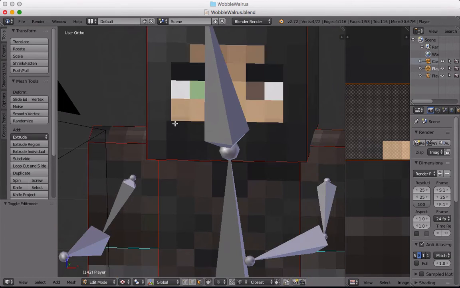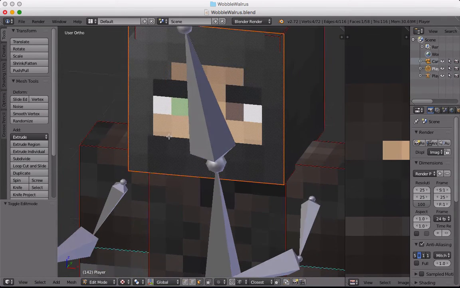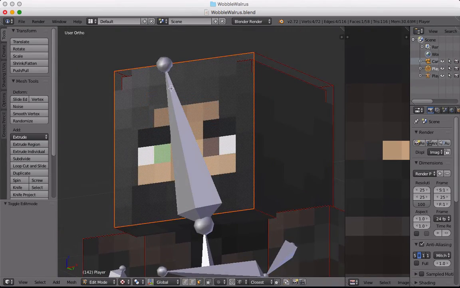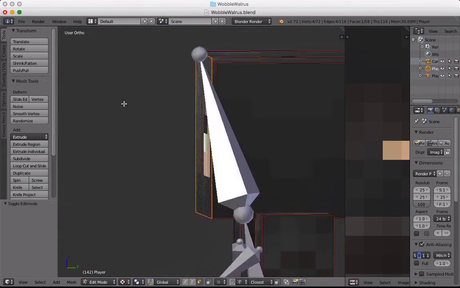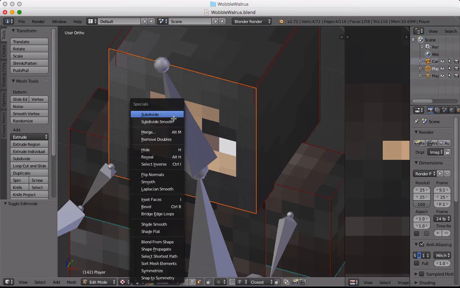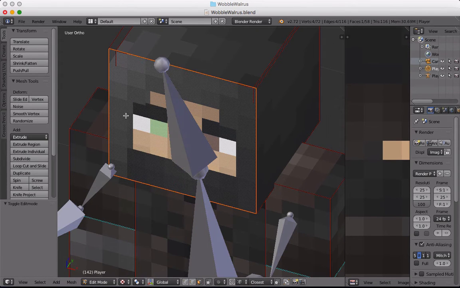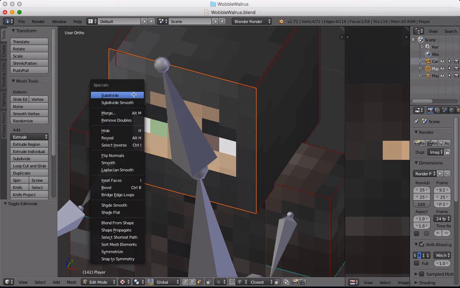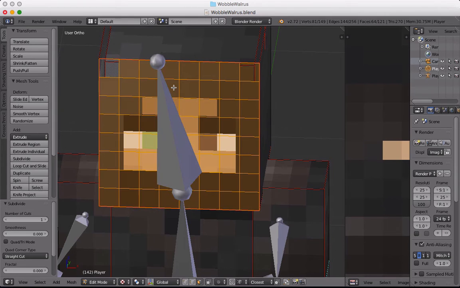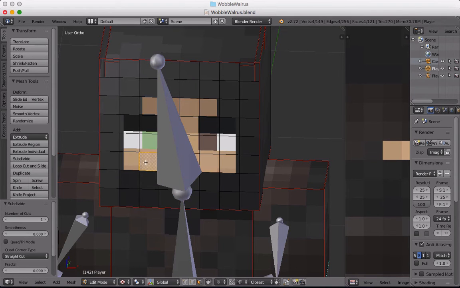Okay, so first hit Tab, you're in edit mode here, and you have this guy's face, right? This is the hat. So this is the outer hat, as you can see if you're selecting the outer hat, and then this is the inner hat. You can't really select it. So what I'm gonna do is subdivide. By right clicking this face, make sure you're in face mode down here. You're gonna hit W, subdivide, and you're gonna do that 3 times,